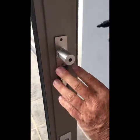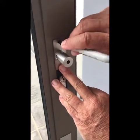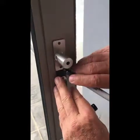Cut? You're rolling? Mm-hmm. Then just mark the drill holes with a pen,